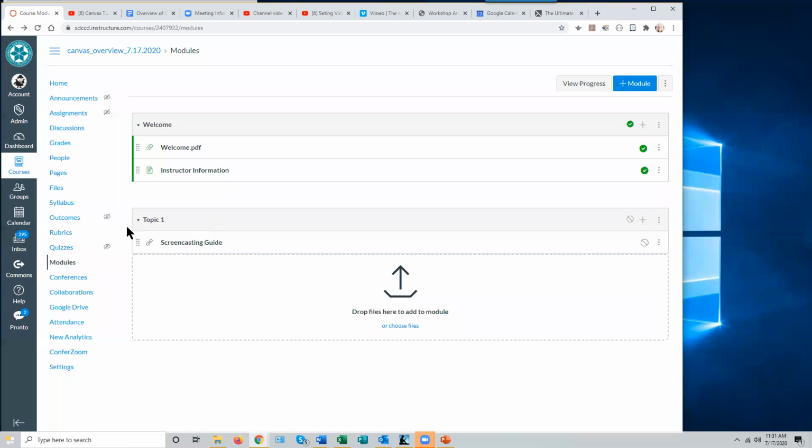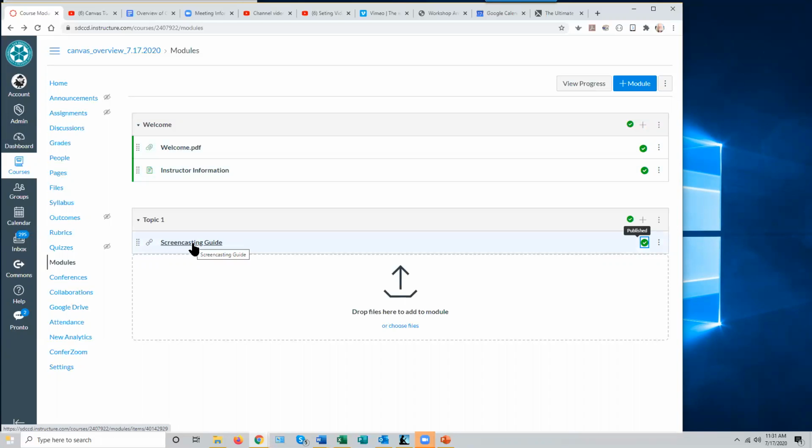And there is an external link, as evidenced by the little chain link icon. This is a page, and when you mouse over that little icon, it tells you it's a page. That's a characteristic icon. And this, the paperclip, is a file attachment, an uploaded file. So you know what these items are just by looking at the icons associated with them. But then if I publish all this, the student will be able to come in